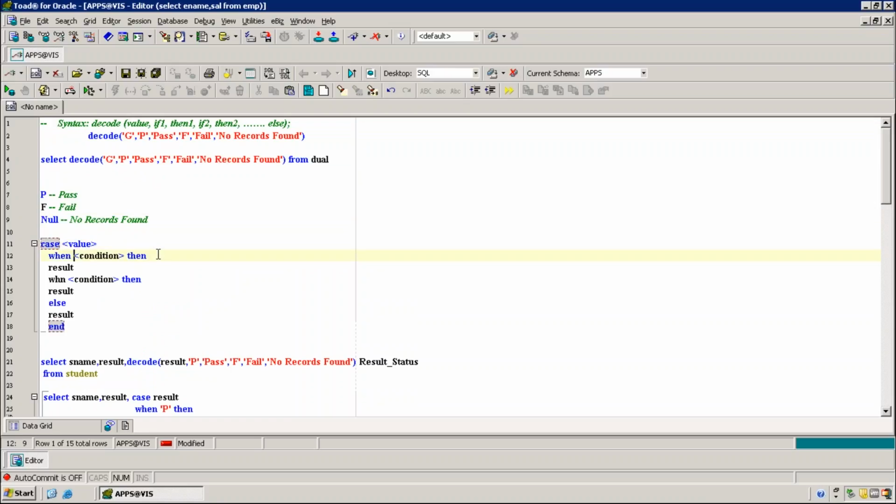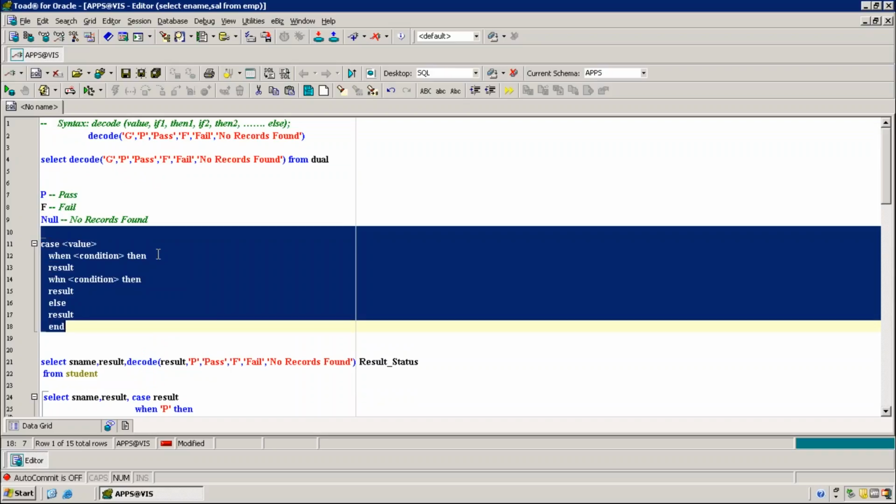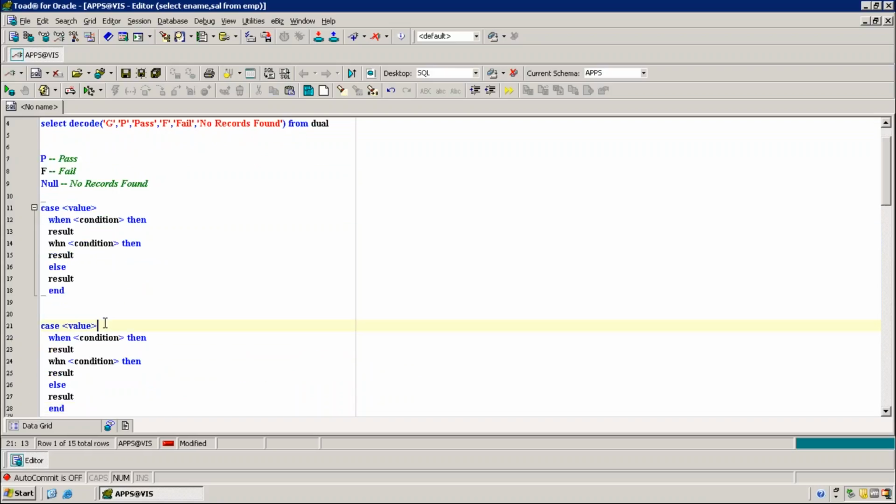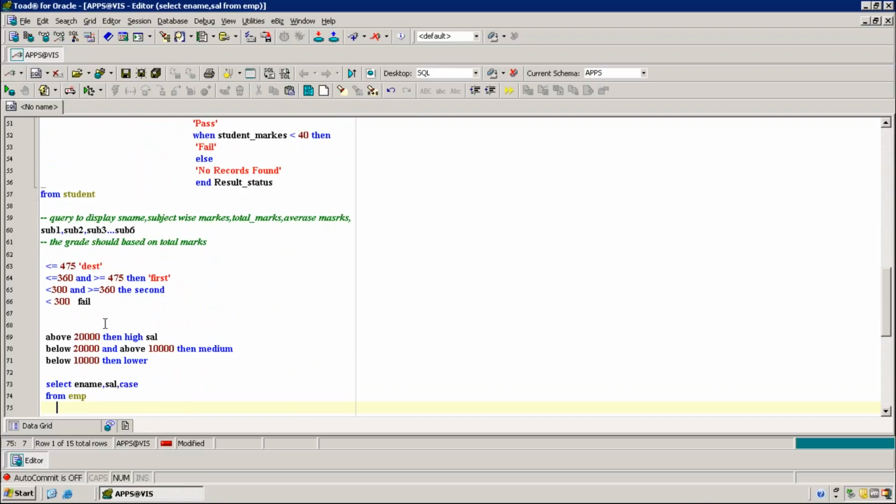One more syntax is there. Sorry, I thought this is one type of syntax. One more syntax is that value. This is expression. Whenever this value is given here, you can put the value here, this thing you can put here, condition level. Value with condition. Understood, right? Now tell me, sir, case.